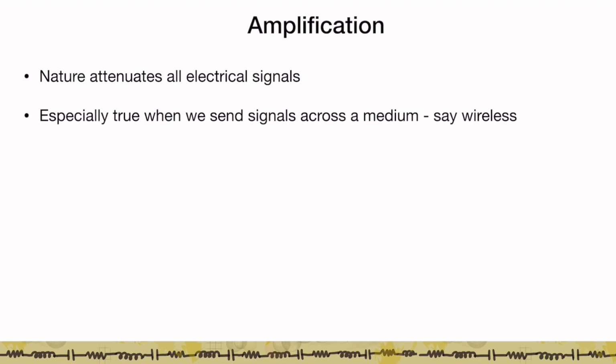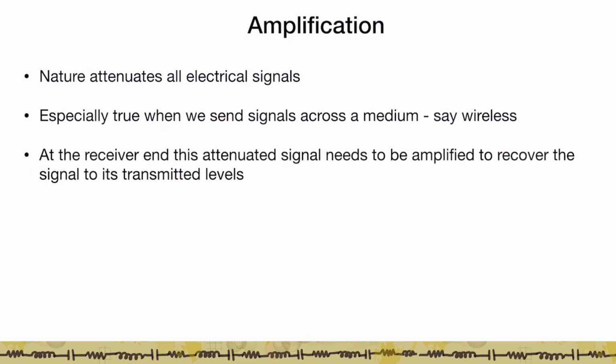And as you send it across a medium, it is going to attenuate. That is, its amplitude is going to go down, which means that it becomes harder to extract the data as you receive the signal far away from where it is transmitted. So at the receiver end, this attenuated signal that you have has to be amplified again